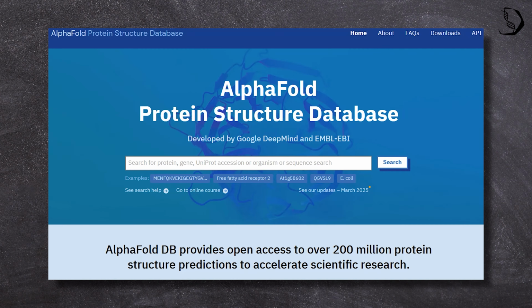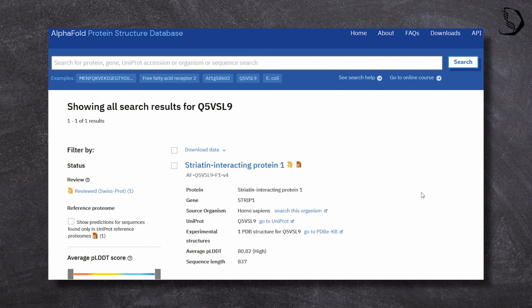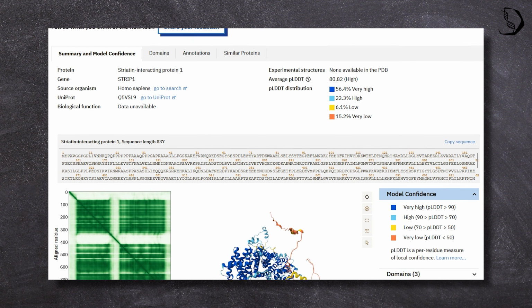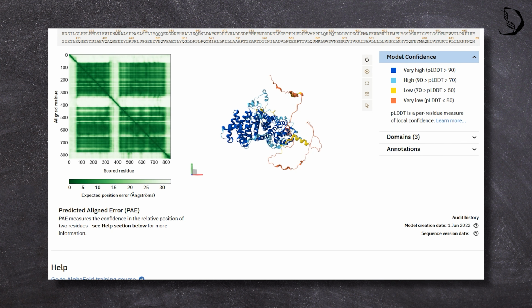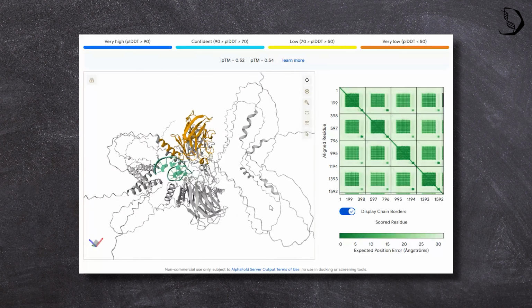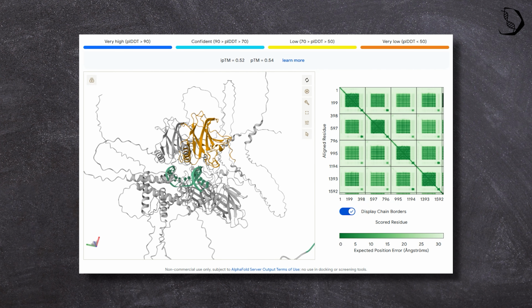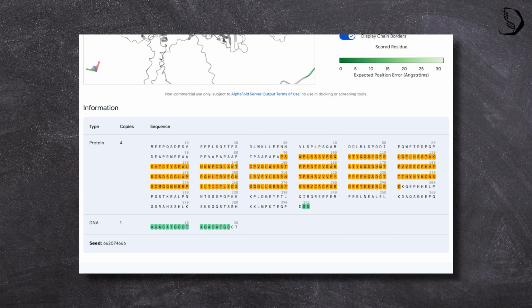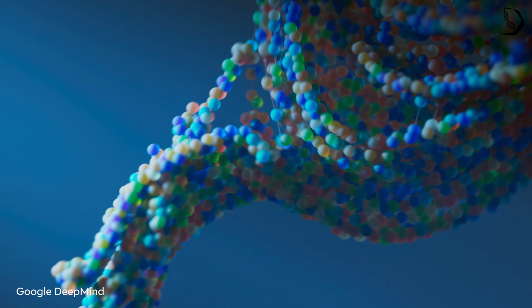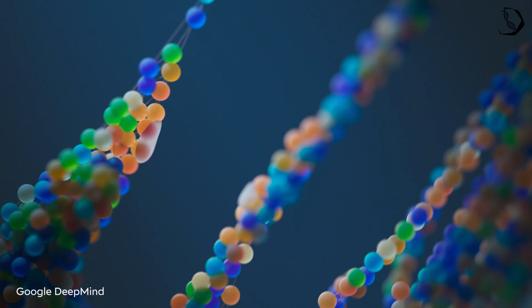Then the AlphaFold protein structure database now contains predictions for over 200 million proteins from over 1 million species. That's a number, huh? But this reflects how broadly the training data represents the known protein universe. All of this gives it great performance, high accuracy, and through the AlphaFold server web interface also wide accessibility. This combination and especially the precision was not possible before, making AlphaFold 3 a breakthrough tool in life sciences.